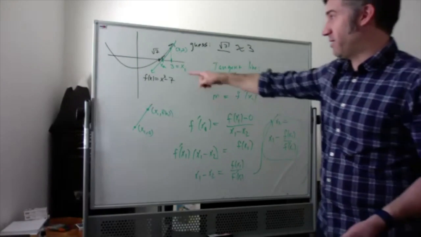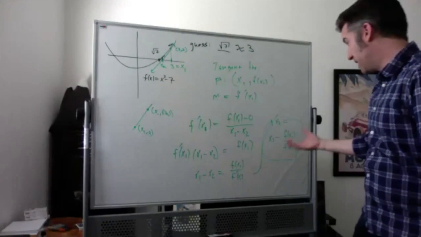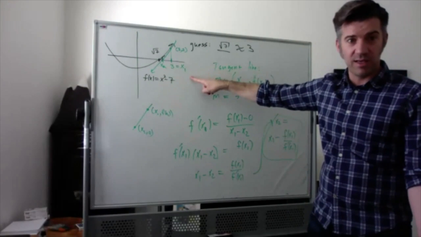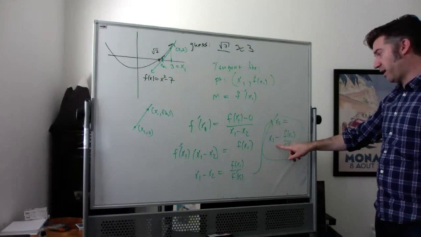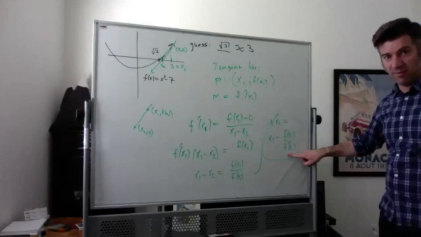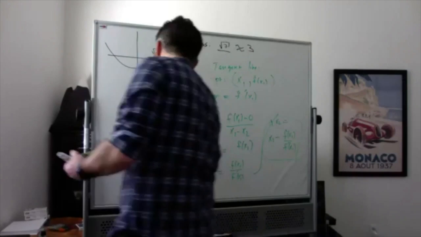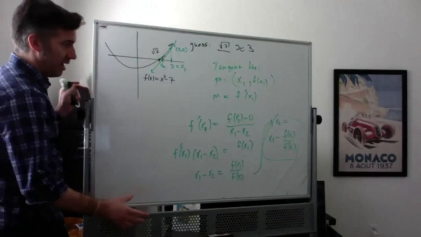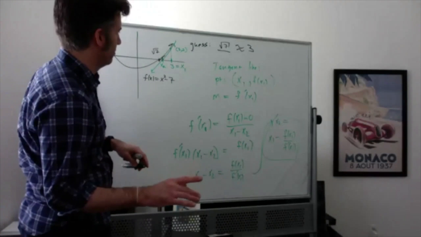So that's how we find our next point. We do this iterative process where we say, okay, well, I'm going to take my guess of 3, and then I'm going to subtract f of 3 over f prime of 3. Again, I should really point out,